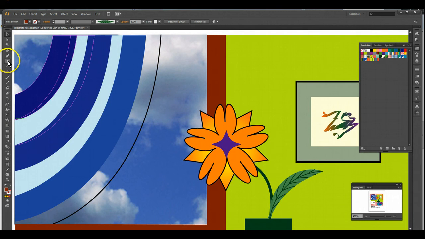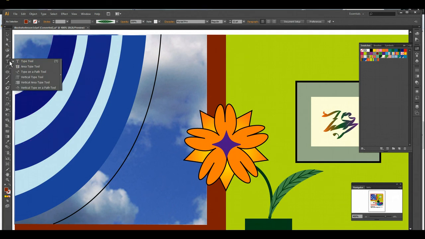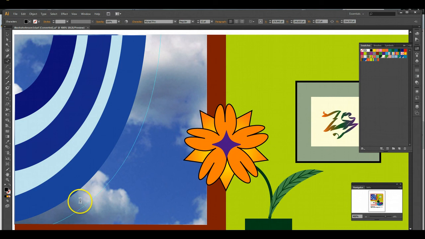And click on the text tool, down click on it, and we want to type on a path. And then we're just going to click towards the bottom half of this path. And if you notice, we now have a line, and when we type, it types along that curved line. So we're going to type